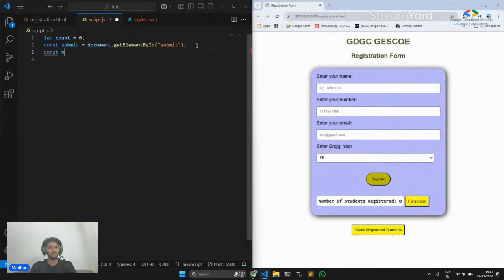So we are taking a bunch of elements and storing them in variables. The first is the submit button. We want to change the appearance of the submit button when this is valid. Then we'll take the form itself as input and store it in the form variable. By the way, these are all declared using const because we don't want the values to be changed. We are accessing the elements and storing them, but we don't want those to be modified in the future. So we will just use the same,